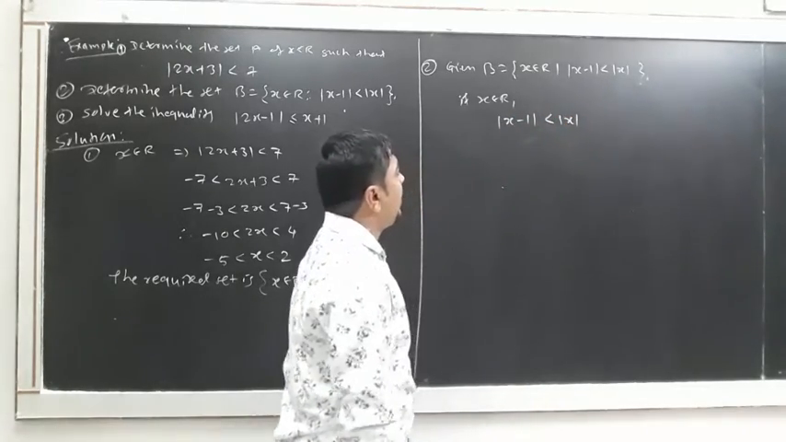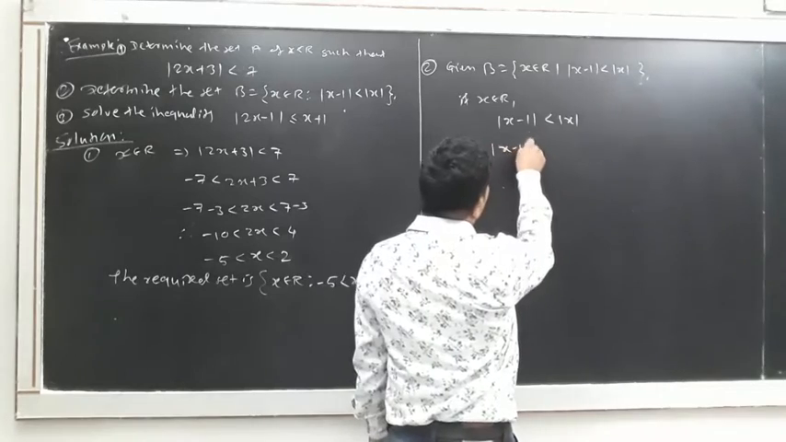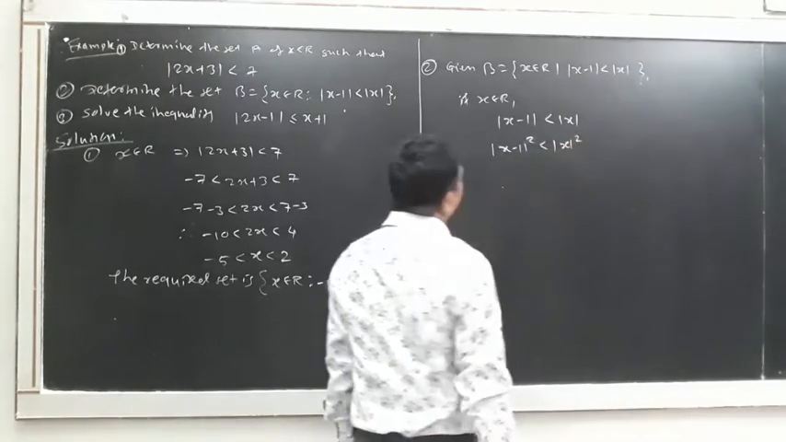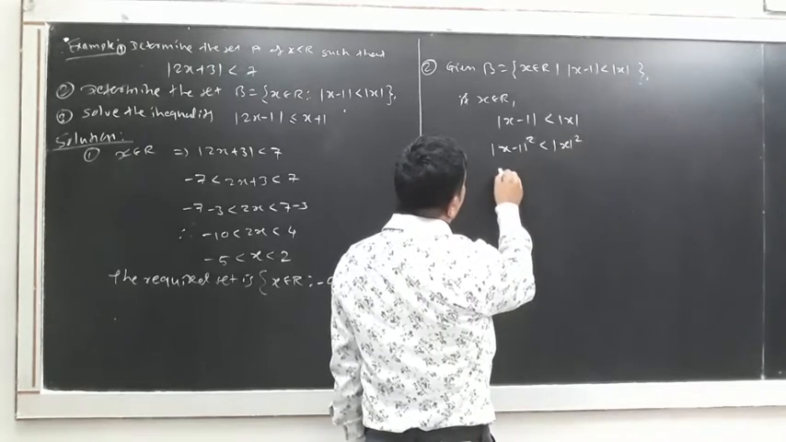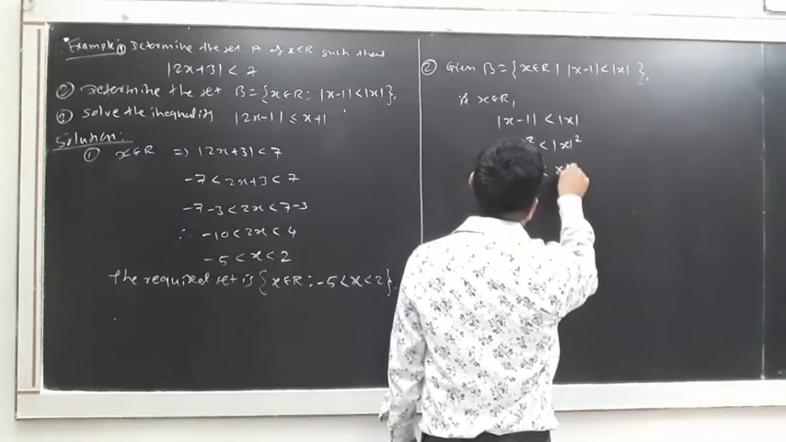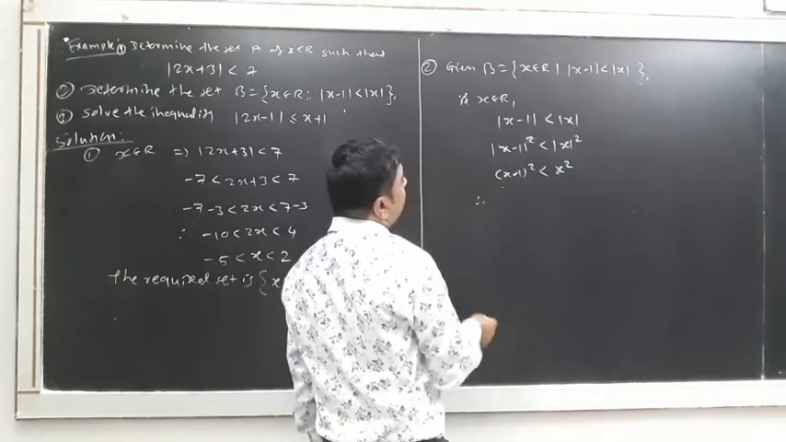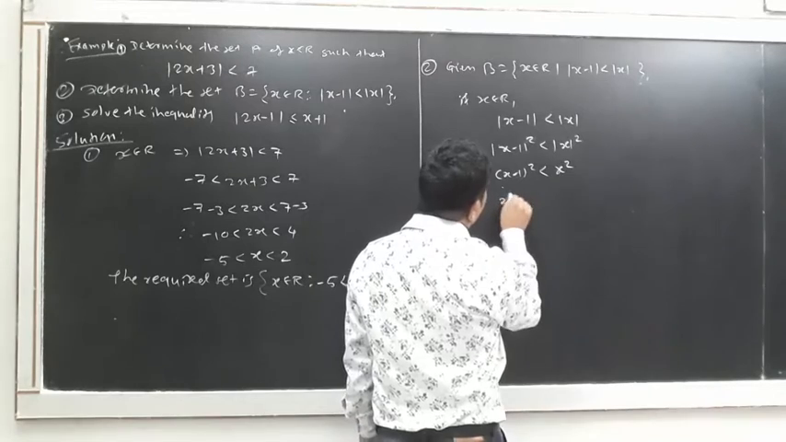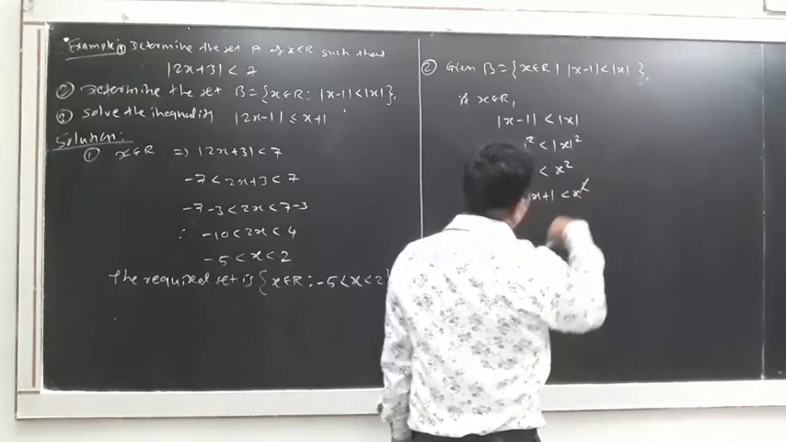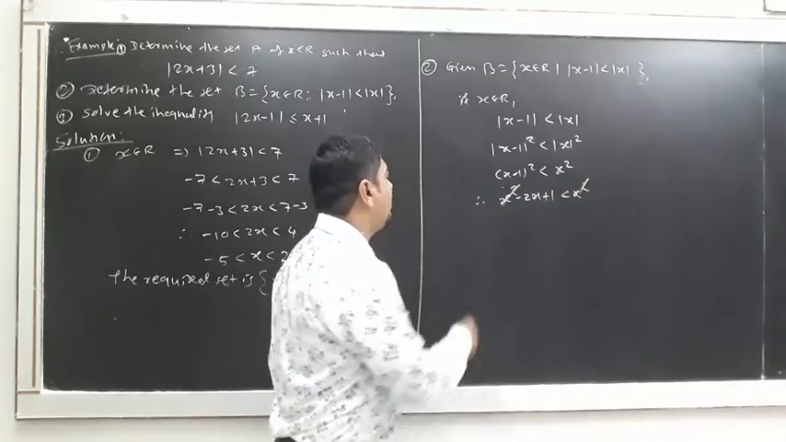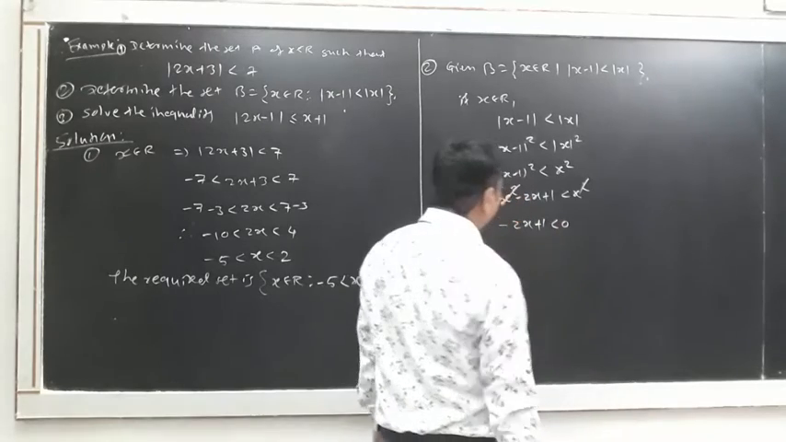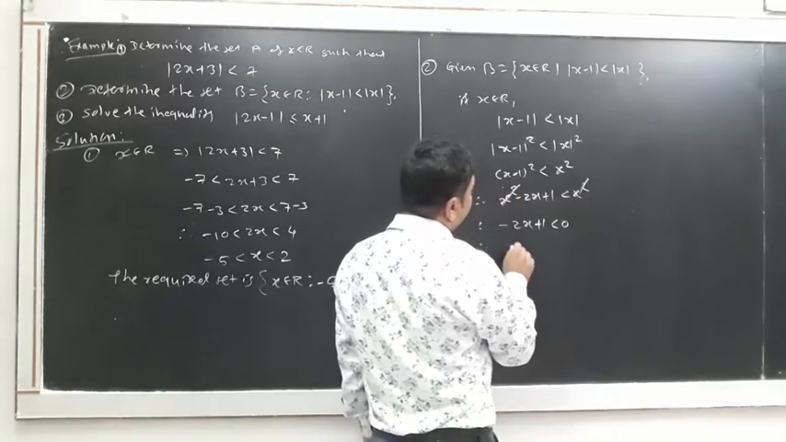Just squaring both sides, what are we getting? Mod of x minus 1 squared is less than mod of x squared, which can be written as x minus 1 squared is less than x squared. Expanding, we get x squared minus 2x plus 1 is less than x squared. The x squared cancels, and we get minus 2x plus 1 is less than 0. This will be 1 is